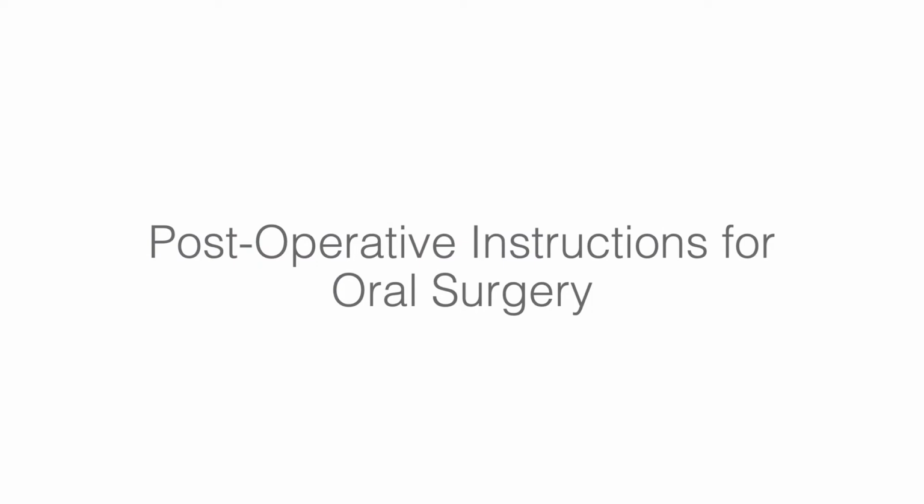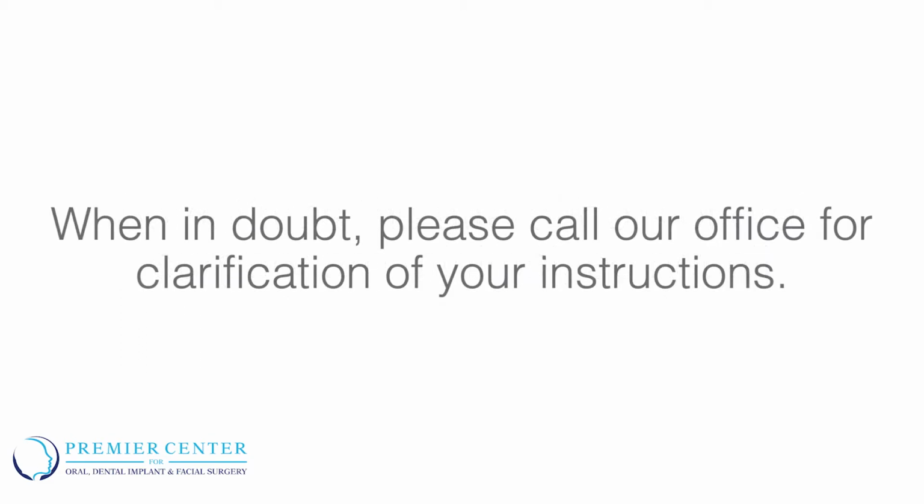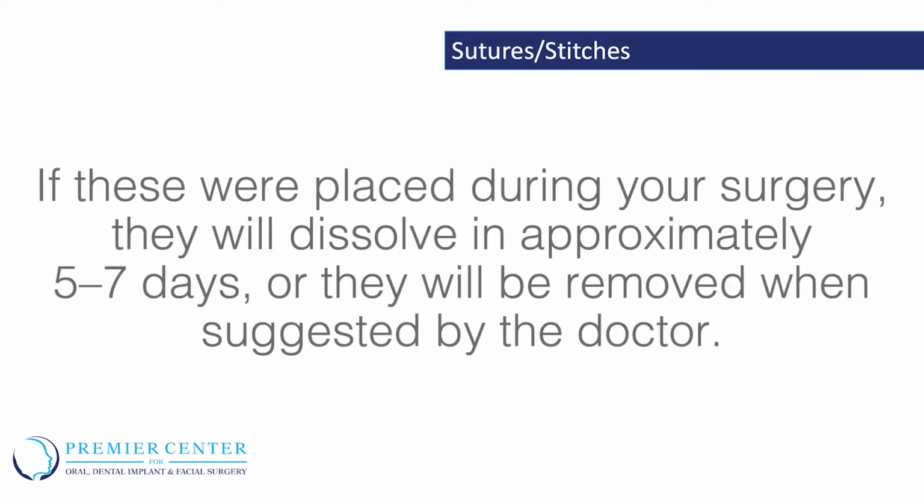Post-operative instructions for oral surgery. Sometimes the after effects of oral surgery are minimal, so not all instructions may apply. When in doubt, please call our office for clarification of your instructions. Sutures, stitches. If these were placed during your surgery, they will dissolve in approximately 5 to 7 days, or they